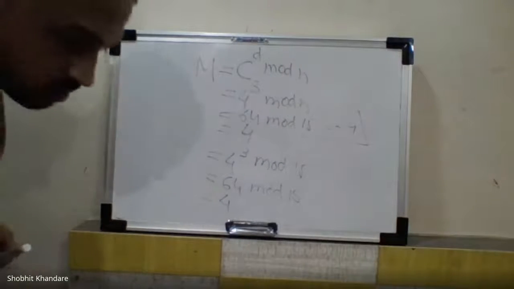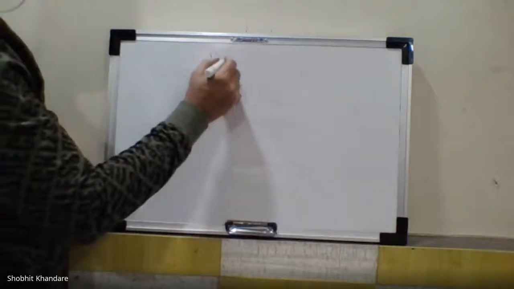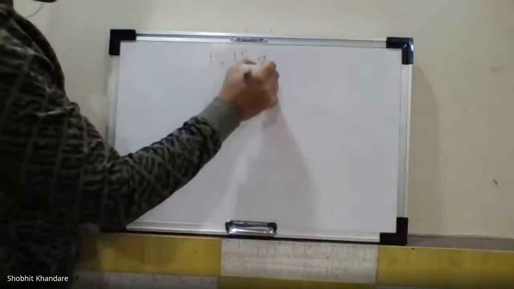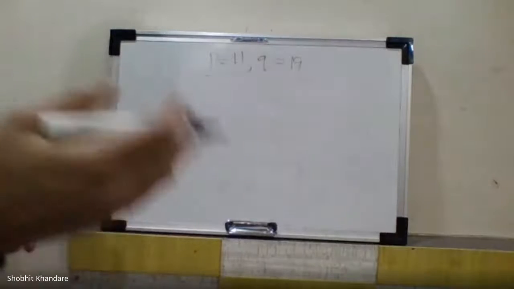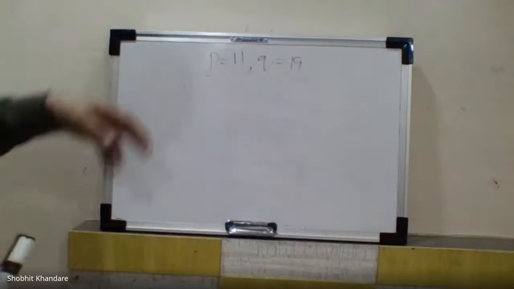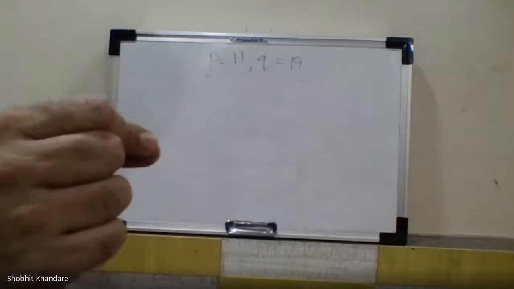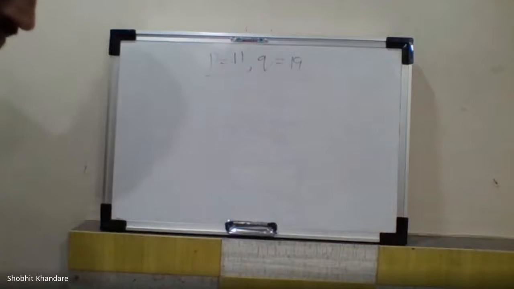Can you do it for P equals to...? Okay, you can take this as a homework. P equals 11 and Q equals 19. These are the two prime numbers I have taken, which are greater than 3 and 5. You do this as homework and tell me the answer next time. But write down the steps now. Steps for RSA algorithm. Write quickly. Steps for RSA algorithm.